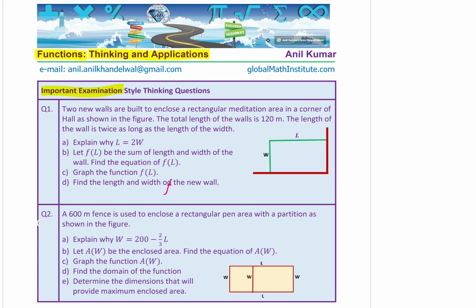Here is question number 2, which is extremely useful from test point of view. It has been seen a couple of times in previous test papers. A 600-meter fence is used to enclose a rectangular pen area with a partition as shown in the figure. So that's the partition which is shown in the figure. The four parts